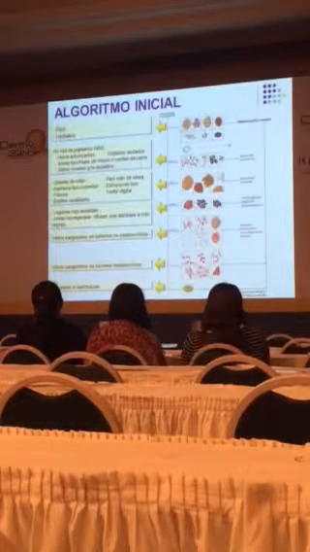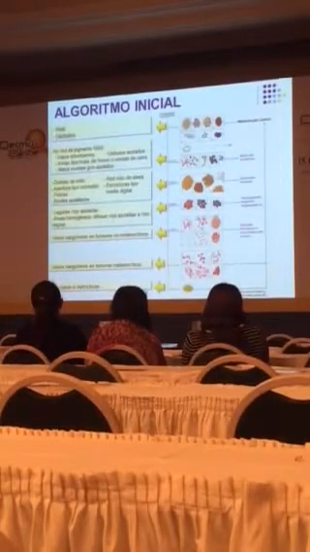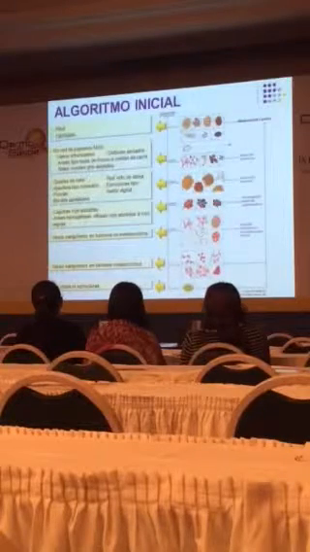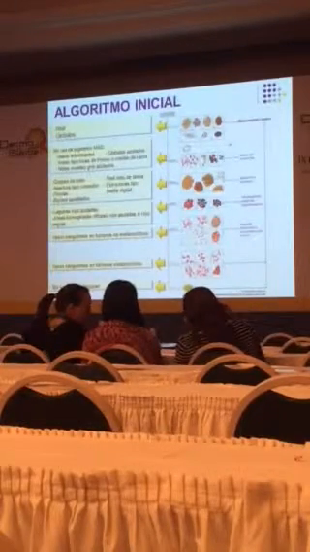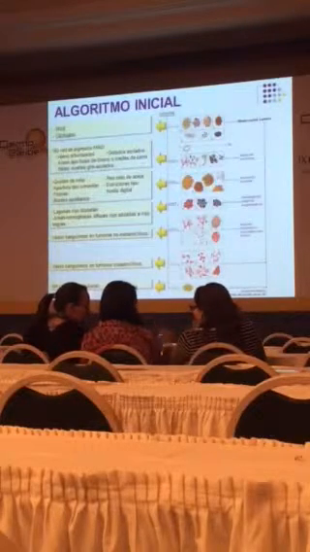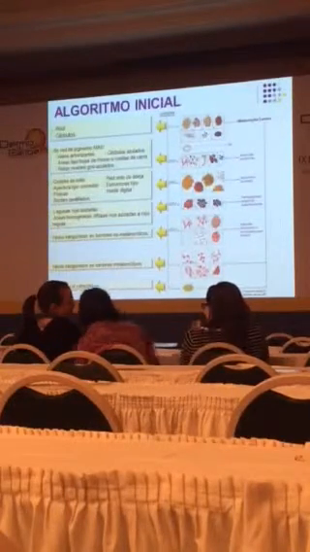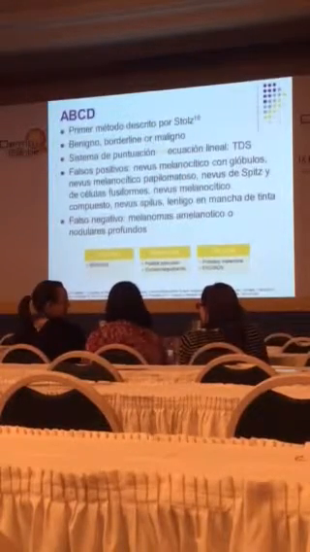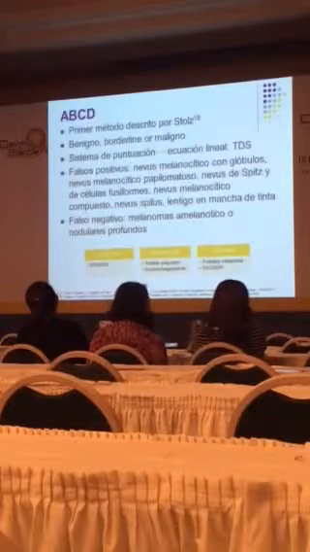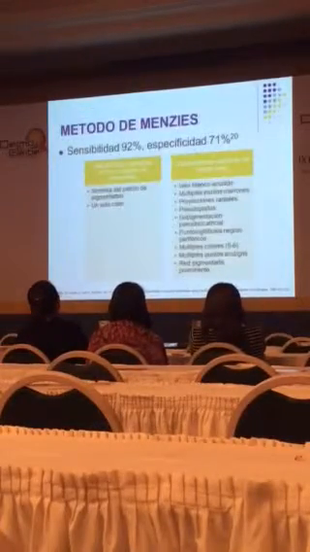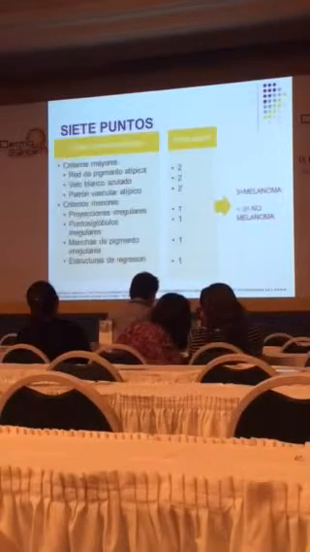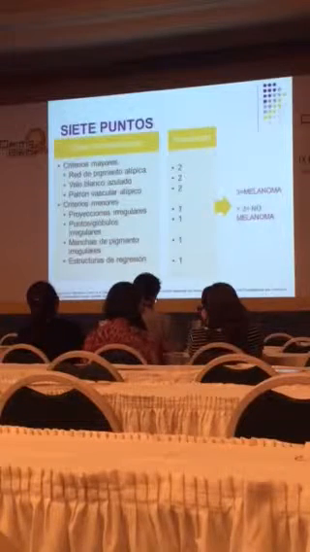So there are many algorithms when you take a dermatoscope and put it on a lesion. Then you have to quickly decide, because you have only a few minutes or a few seconds to decide what the lesion is. And if you use many of these formulas, some of them take too long, and you may not have time, or the patient may not have time. One of these algorithms, a famous one, is the ABCD, but it takes a long time to do. Another one is a method by Menzies from Australia. And then there are other 7-point checklists.